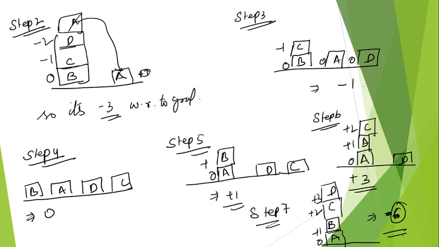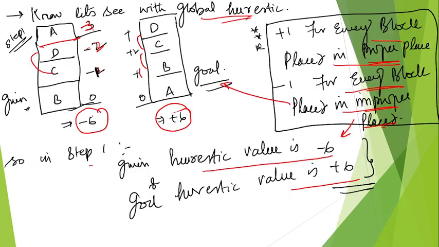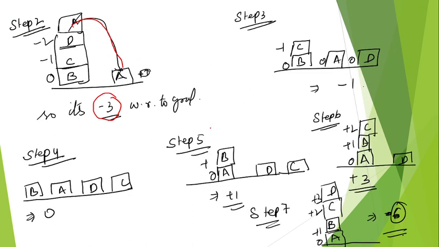Now step 2, I bring this one to A here. What happened? Before B there is nothing, 0. After B, C, -1, minus D. So what does this become? Minus 3 with respect to goal. Before A there is nothing, so 0. With respect to goal, minus 3. Is it good? Yes, because before that we got minus 6 with respect to goal. Now we have got plus 3. We have increased.